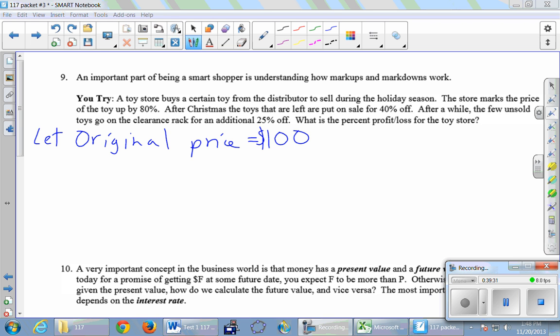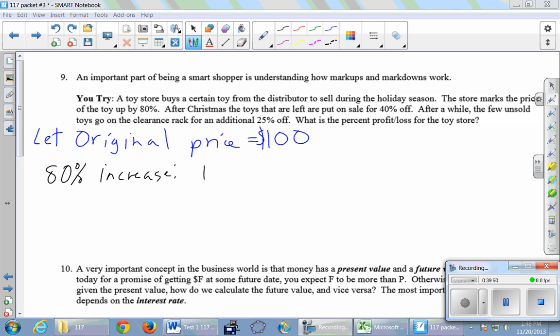It's a good question. Yeah, let's use the formulas in turn. So the first formula that we're going to need is going to involve marking up by 80%. So we can do the increase formula there. So I'll just write it here, 80% increase.